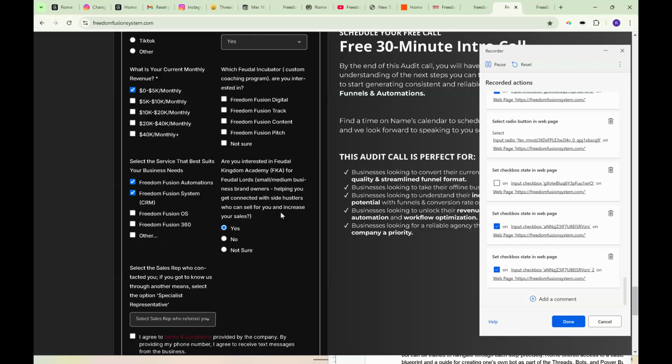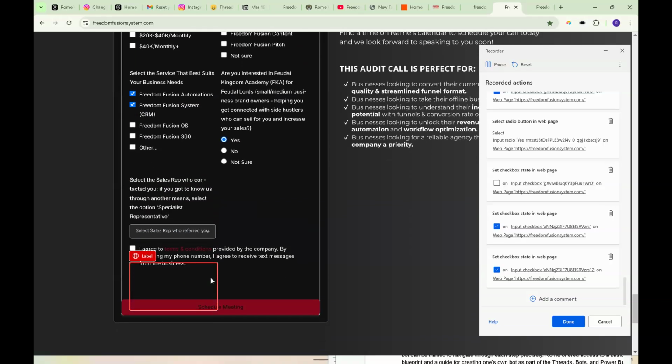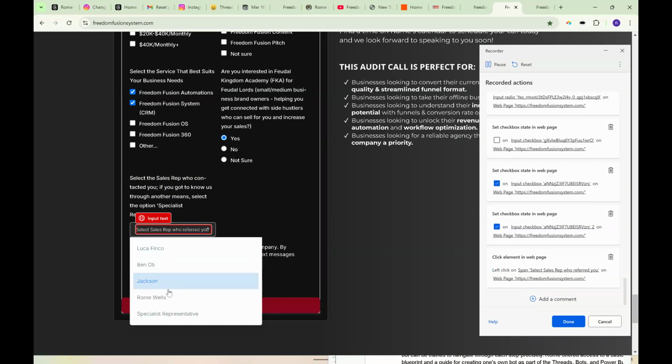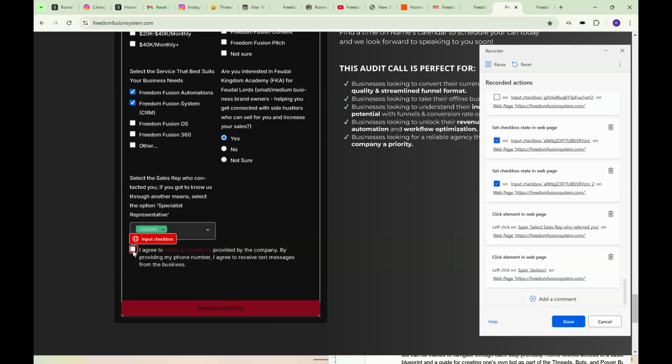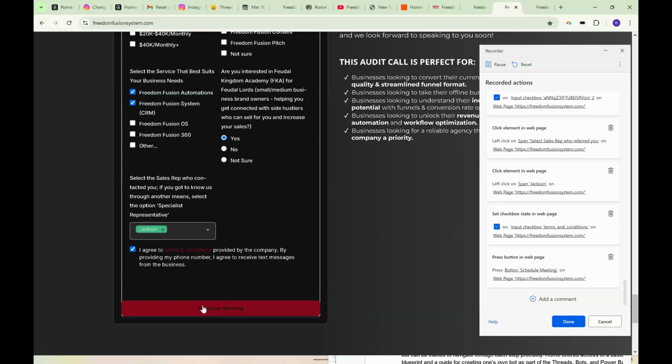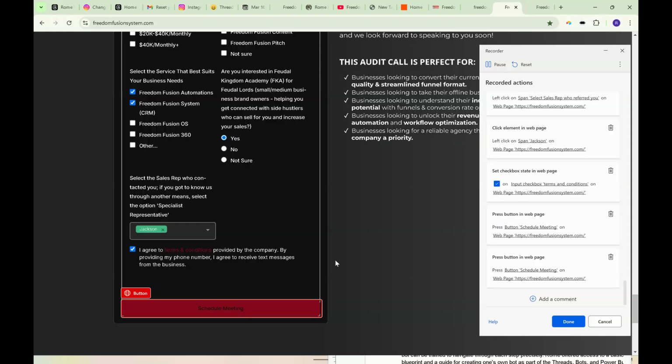And I am interested in building my feudal kingdom. I'm interested in building my own Feudal Kingdom Academy as well. Maybe whatever your feudal kingdom is. Remember, it could be different things for every person. But anyway, the bottom line is, if you're a small business owner and you want to learn more, and you want to do all those things, and you specify all that, then you hit I agree, and you hit schedule. So when I hit schedule, there's certain things that take place, and those certain things, button scheduled,